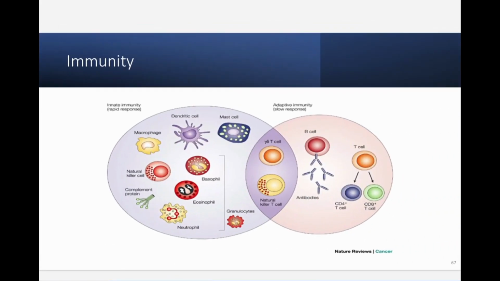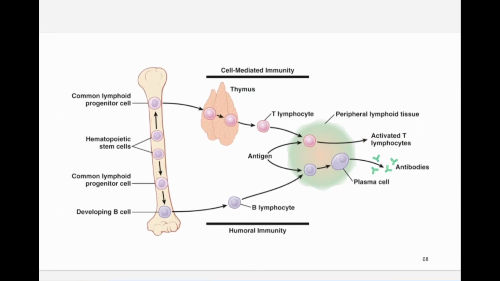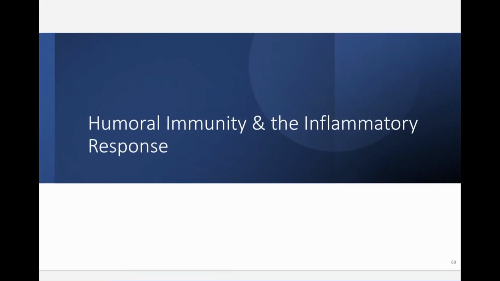Next, we'll talk about immunity. So that's basically everything we had to know about sepsis. Any questions about sepsis? Okay, immunity. Again, just a review from physio. T cells go into the thymus to get matured. B cells come out from the bone, which is why it's called humoral immunity. Cell mediated because the cell's got to touch. T cells, remember, have to touch the cell.